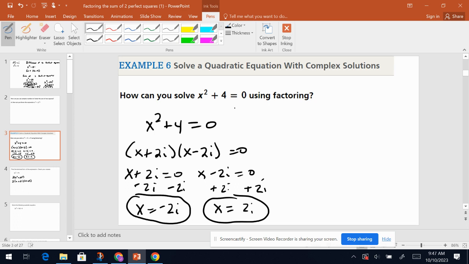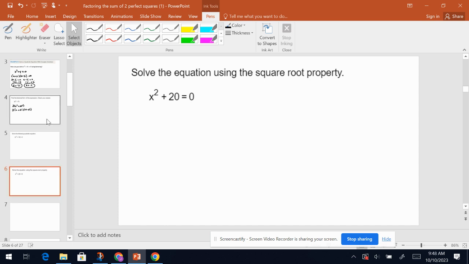Now, if I went to put this into Desmos, it would not work. These are called imaginary solutions. They don't actually cross the x-axis when we graph them. So you have to make sure that you are paying attention. If it has an equal sign, I expect you to use the zero product property and solve. Okay, so